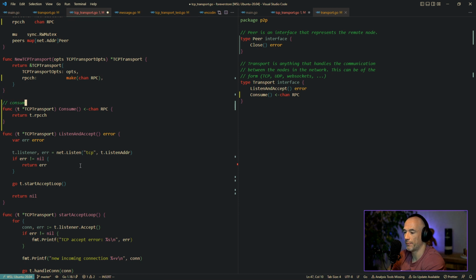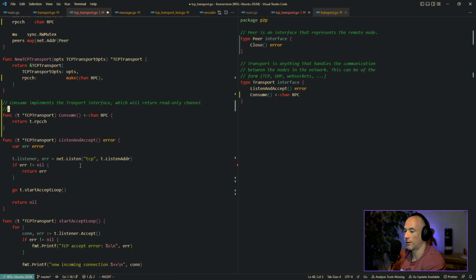And then we could say consume implements the transport interface, which will return a read-only channel for reading the incoming messages received from another peer in the network. Yes, that's good.